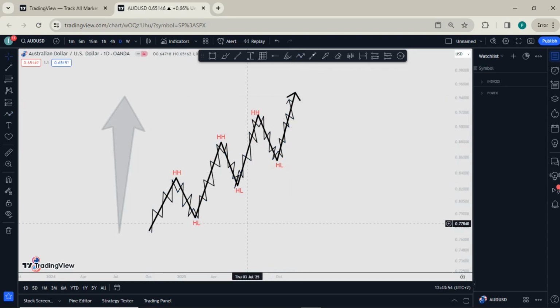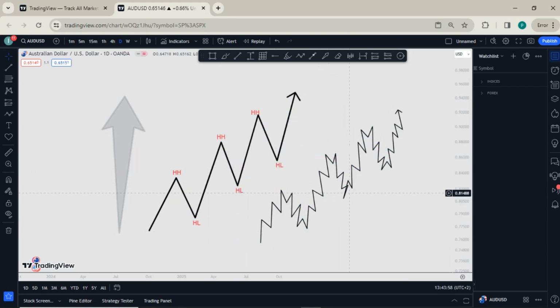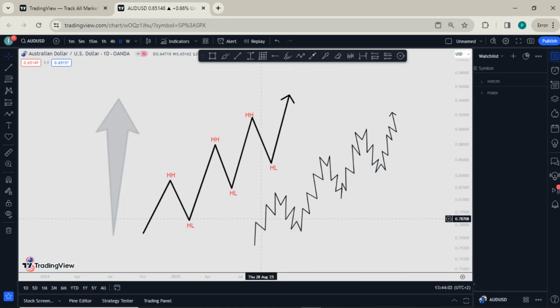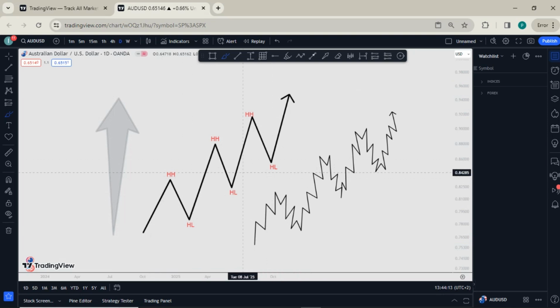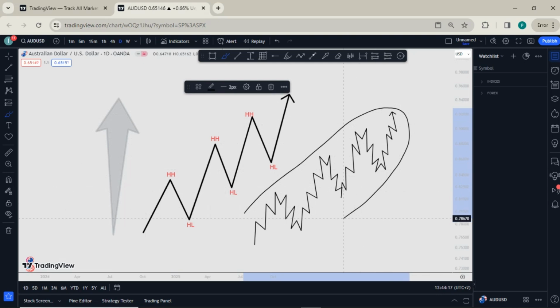What we can see here is that on a higher time frame, it's going to look something like this, super clean. But on a lower time frame, it's going to be something like this,